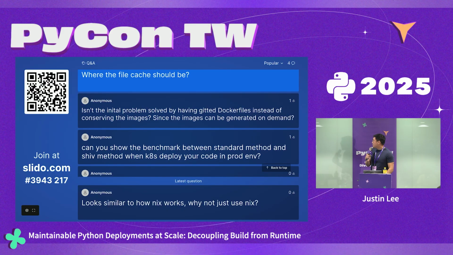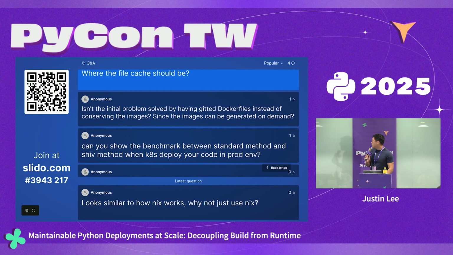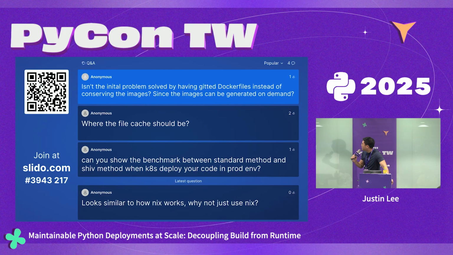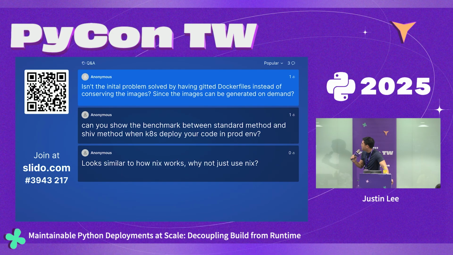Isn't the initial problem solved by Git-ted Docker files instead of conserving the images, since the images can be generated on demand? I need to digest what this means. Isn't the problem solved by having Git-ted Docker files instead of conserving the image? I guess